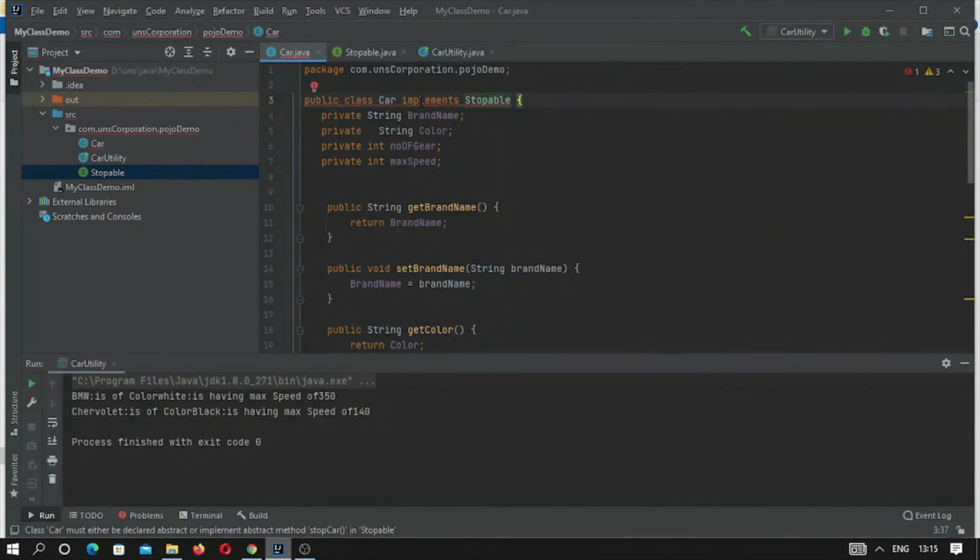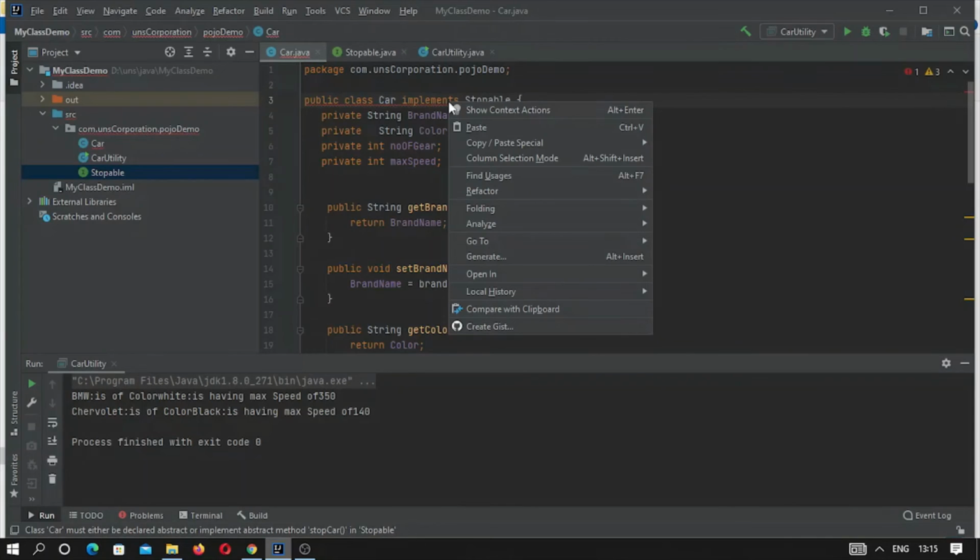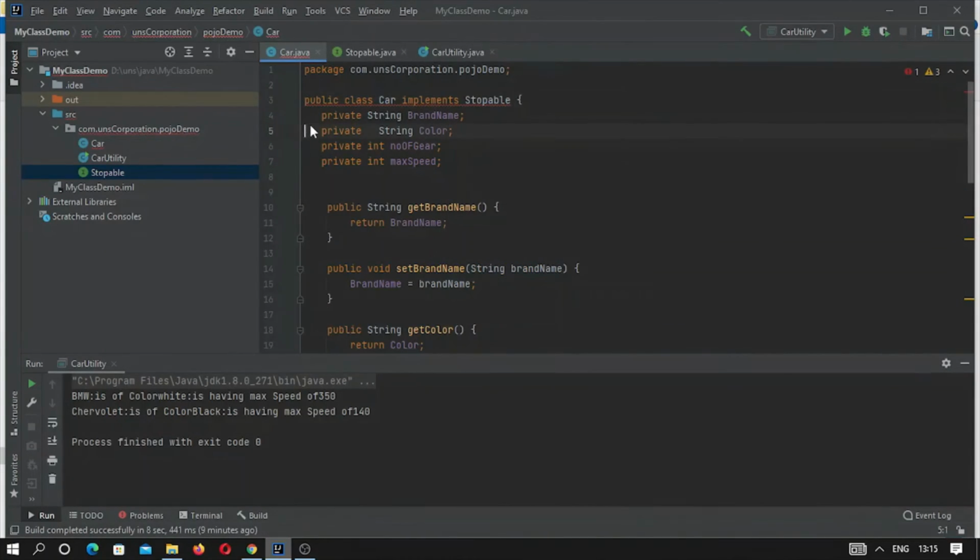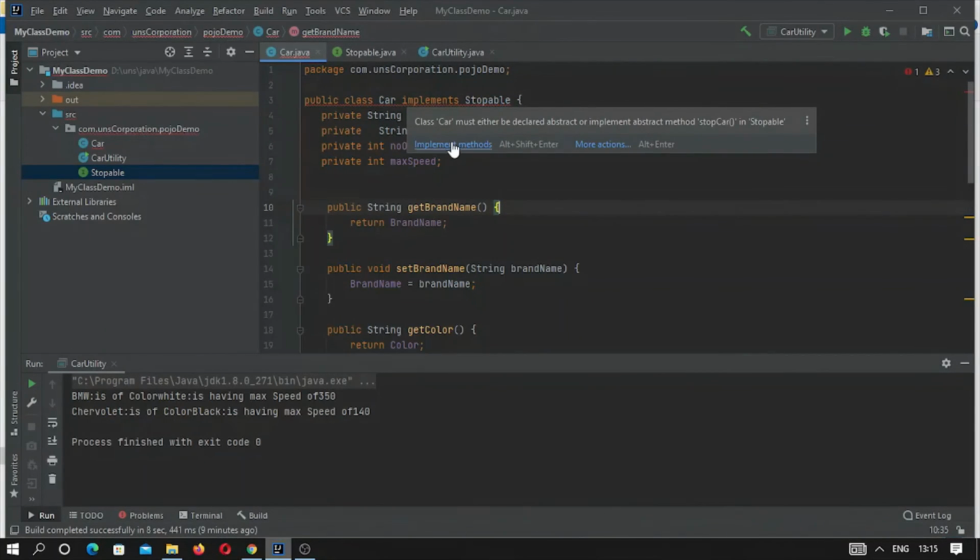So this is a method, and IntelliJ IDEA is prompting that we must implement it. Always remember, whenever we are implementing an interface or abstract class, all methods must be implemented in the implementing class.